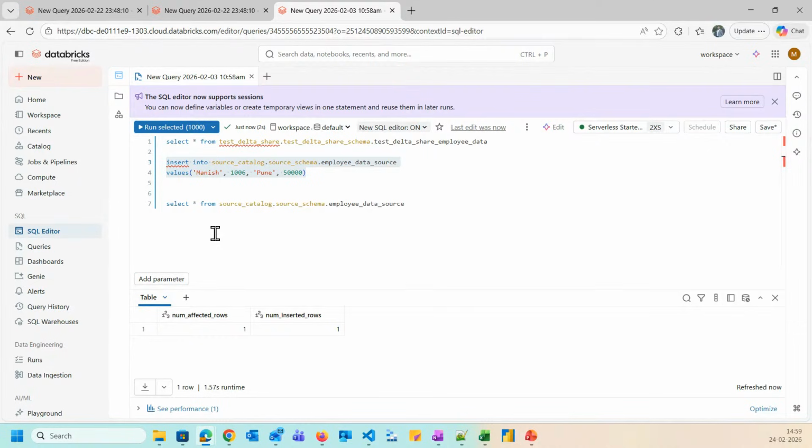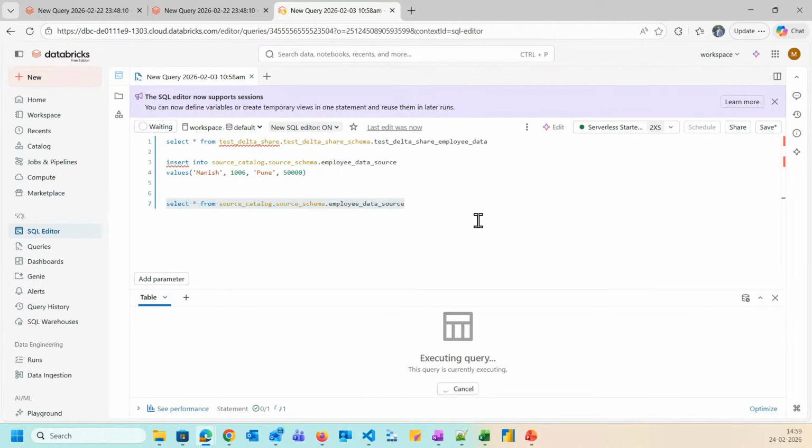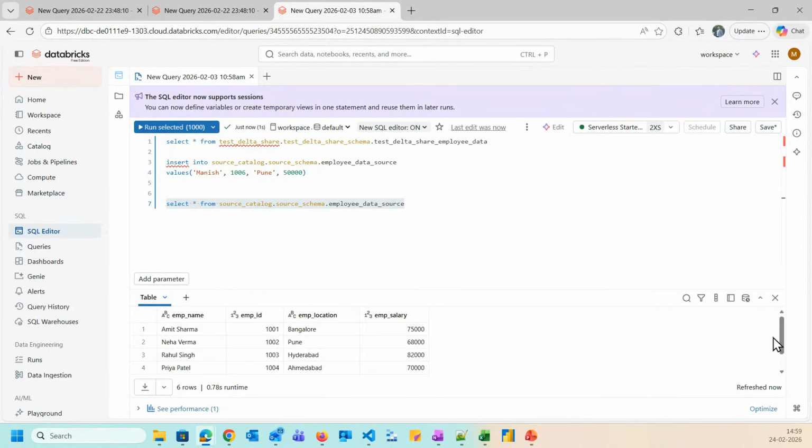After running this query, you can see that we have included the data in our source table. Let me re-verify it. Now in our source table, we have 6 records. Just reiterating: first, we created the provider, we created the share, and we shared one table, which is employee data source, with our recipient.